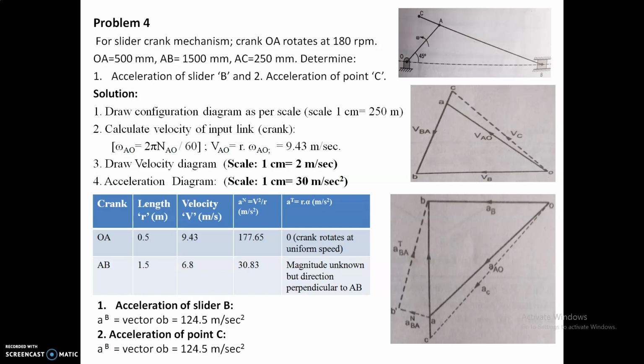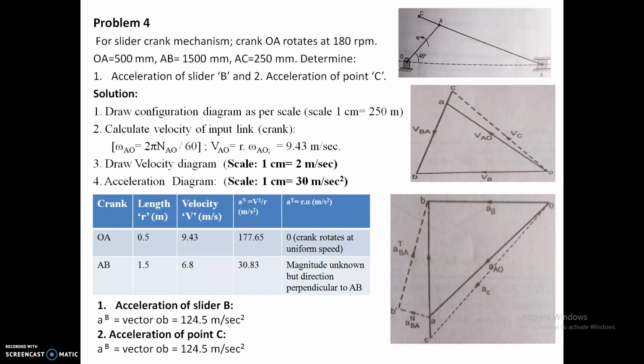Again, you have to take the scale for the acceleration polygon, and this particular scale is taken on the basis of the normal component of the crank. Already you know each link has two components, one is the normal component and the second one is the tangential component. The normal component is determined by the formula velocity squared divided by r, that is the length, and it is always parallel to the link given in the space diagram. The direction is always towards the center of rotation. This you have to keep in mind regarding the centripetal or normal component.